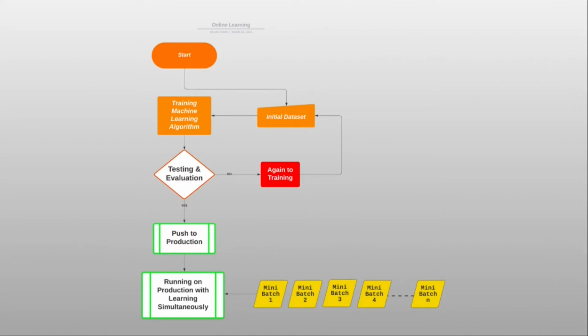These mini batches of data will be given to the machine learning algorithm maybe every minute or every couple of hours. So it depends on the amount of data the company is collecting, and it also depends upon the industry and how they are collecting the data and how much data they are collecting during their process. And this is how online learning overcomes the major disadvantage of batch learning, which is disk-based management.